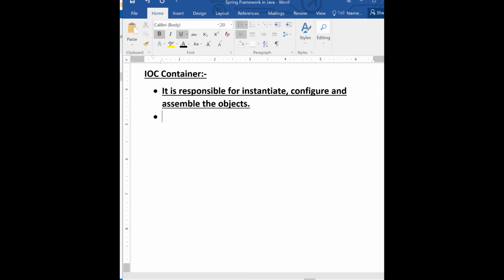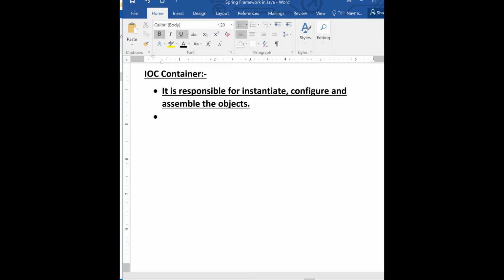Keep these points very simple. What is the IOC container? Basically, the IOC container is preparing a new object at runtime. It just instantiates, configures and assembles.